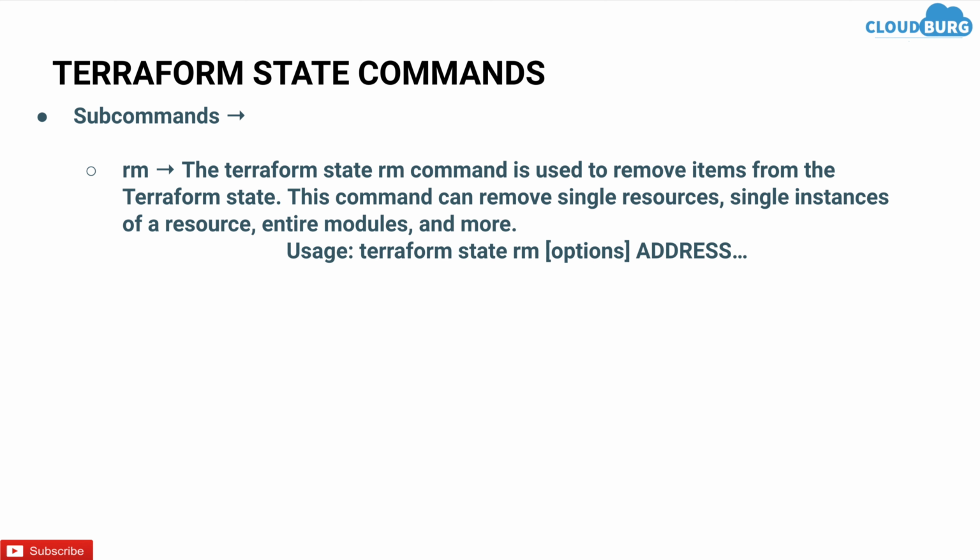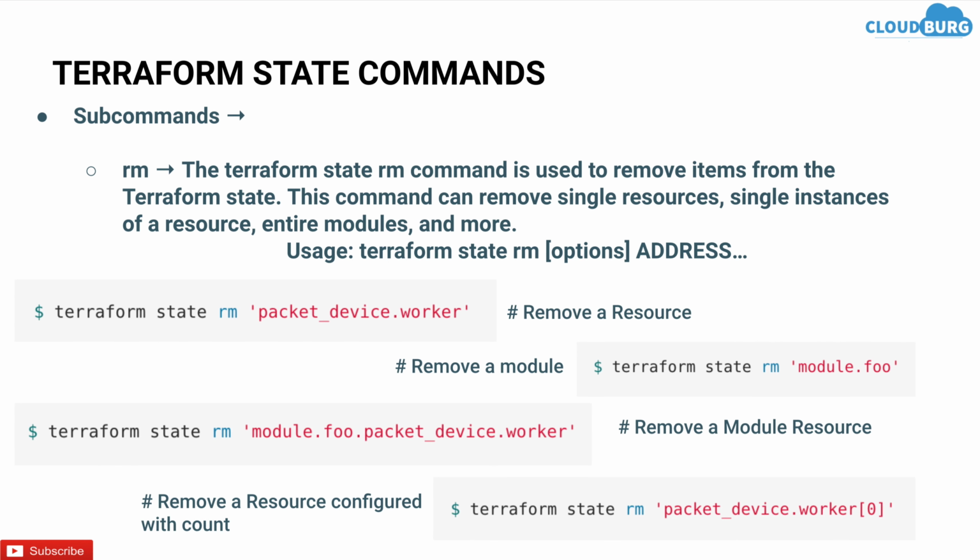And the syntax is terraform state rm, option and address. As you can see in the first example, here we are removing a resource by using the command terraform state rm and the resource name. In the next example, we are removing a module, terraform state rm module.full. So yeah. And in the next example, we are removing a module resource. So instead of removing the complete module, we are just removing the resource of any module using the command terraform state rm